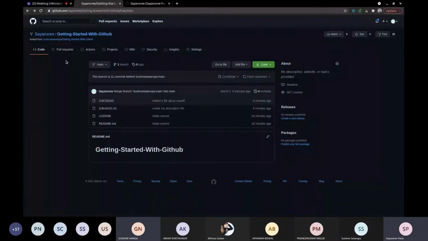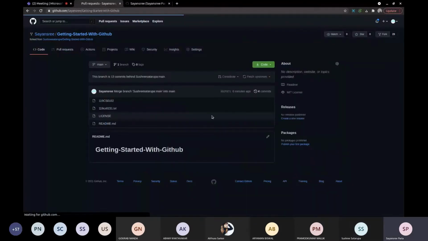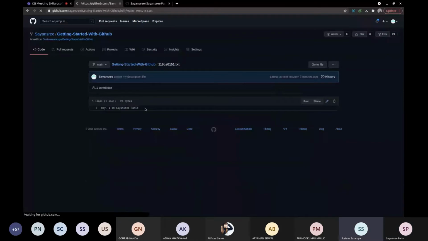So someone asked where to see the status of their pull request. You simply go to the pull request tab, and you will see if there are any pending pull requests or not. Since my request was merged, it is empty now, so it is not showing up. For creating a pull request, you will have to go to this contribute part, and after clicking on contribute, you will do open pull request. Currently I haven't made any changes, so the option is not available. So let me make some changes again and show it once again.